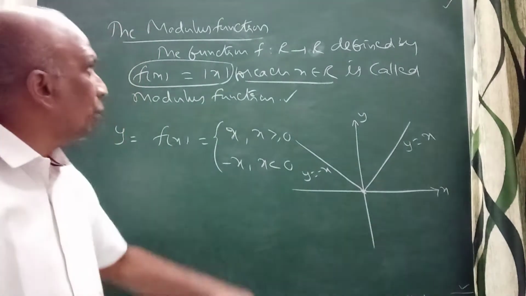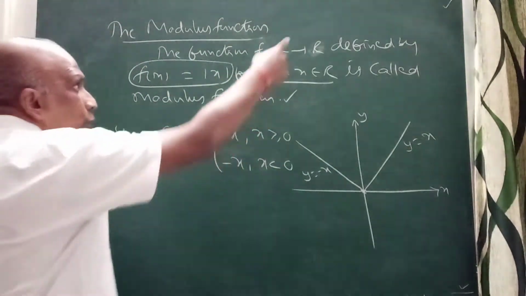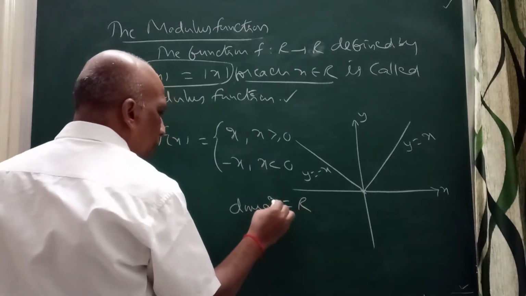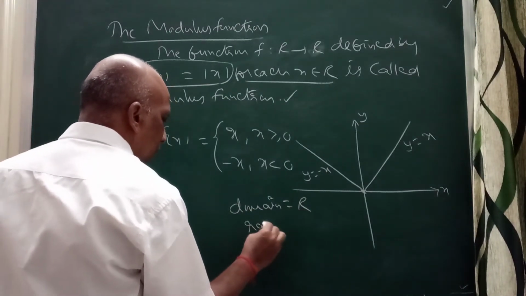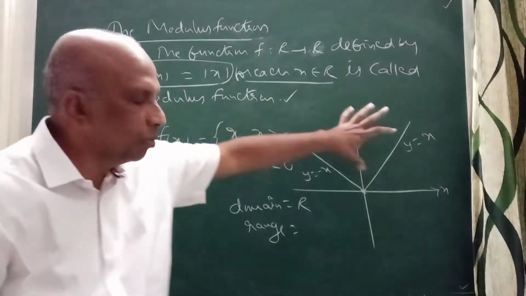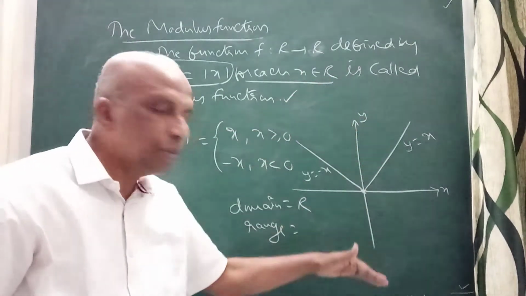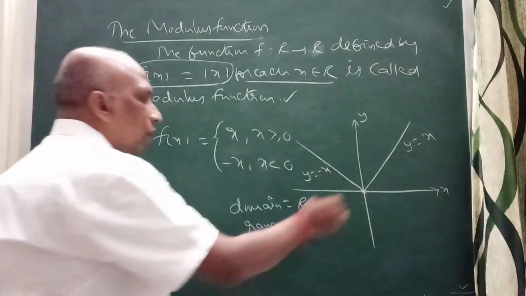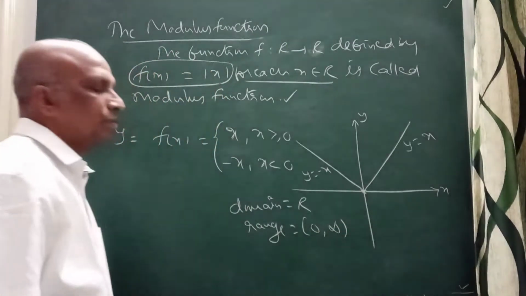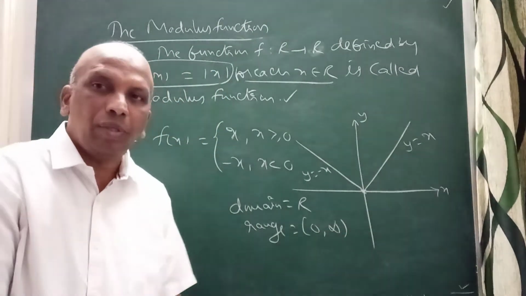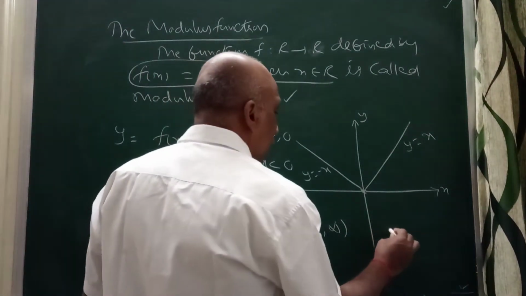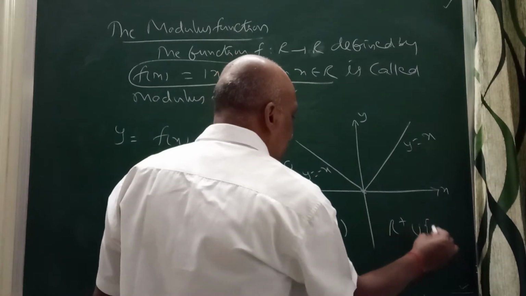Now you can see the domain clearly: R. I can write the domain as R, codomain R. Domain is equal to R, right? And what about the range of this? The function value always gives positive values above the x-axis. It never comes down. So the range will start with 0, including 0, right? So 0 to infinity, right? I say R plus, yes, including 0. Otherwise I can also write R plus union 0, including 0, right?